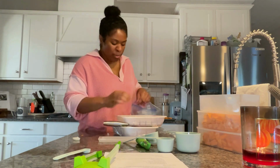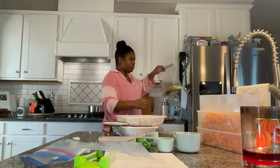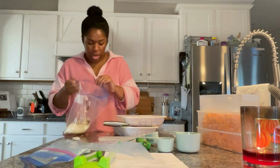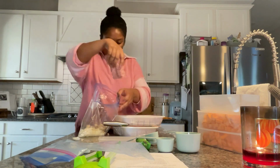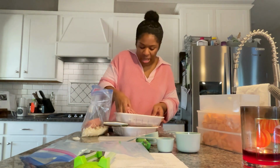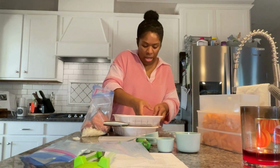And so I'm gonna take, oh, why am I getting a new bag? All right, so this ground turkey is going in with your onions. So I'm just gonna pick this up and place it in here. So those are some big onions, and I have a lot of sweet potatoes, so I think I'm gonna go ahead and